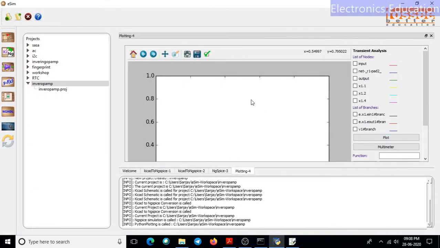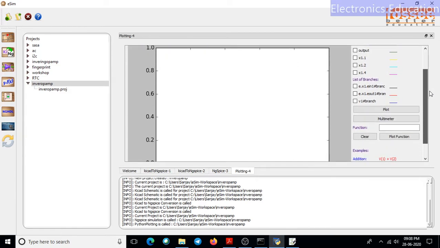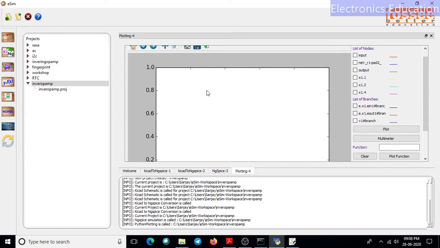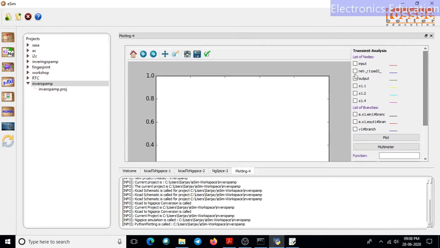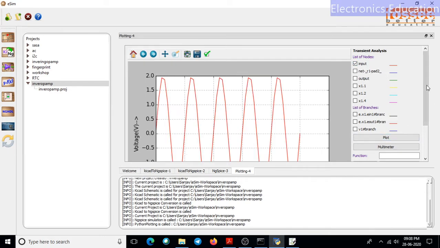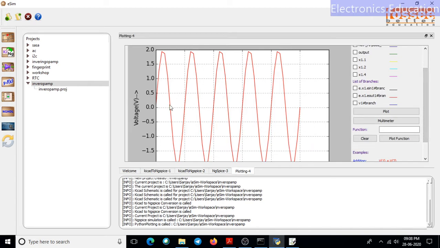Now here a window will appear where we can observe the inputs and output at the same time. So here we have input, so click it and plot it. You will find that here we have the input signal represented, with a voltage of 2 volts.